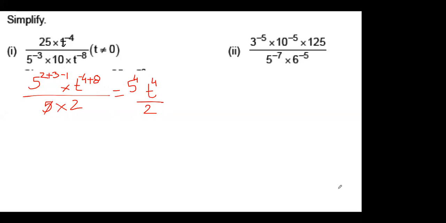All of you got this answer. Is this question clear? So write down this question and do it at home. The next question, write down only the question and do it at home. Next time I'll ask you the answer. This one, the 3 raised to minus 5 one. Write it down everyone in your notebook.